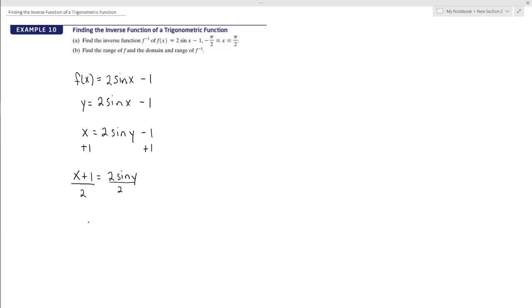Okay, so we're getting closer here. x plus 1 over 2 is equal to the sine of y. Okay, so I'm just going to come up here and write this in the other order. I'm going to put sine of y equals x plus 1 over 2. Okay, now remember the inverse of a function, for any function f and f inverse,